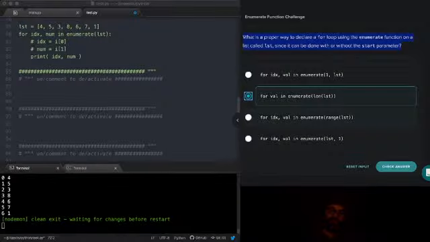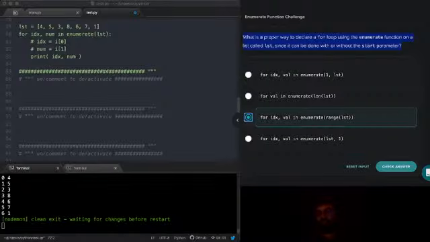And then for idx, val in range, you can pass a range as a collection to enumerate. That's totally valid. Range is a list-like object that can be treated as a collection, so you can enumerate a range. However, range takes 1, 2, or 3 arguments, and here you can see it's being passed 1 argument. Whether you give it 1, 2, or 3 arguments, the types of all those arguments have to be integers. They can't be floats. They can't be strings.